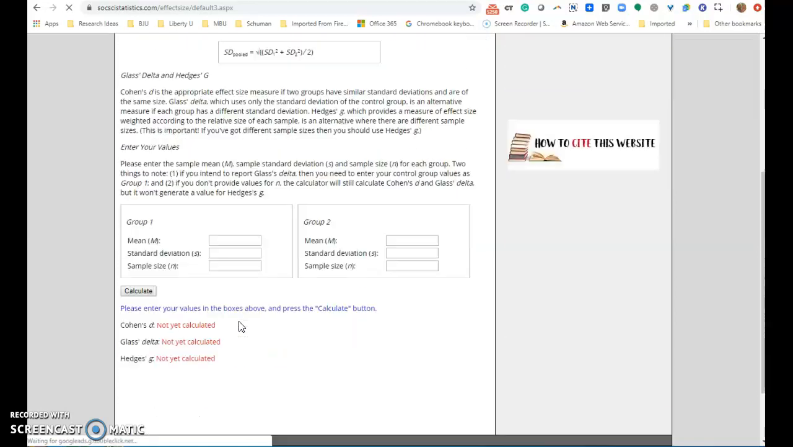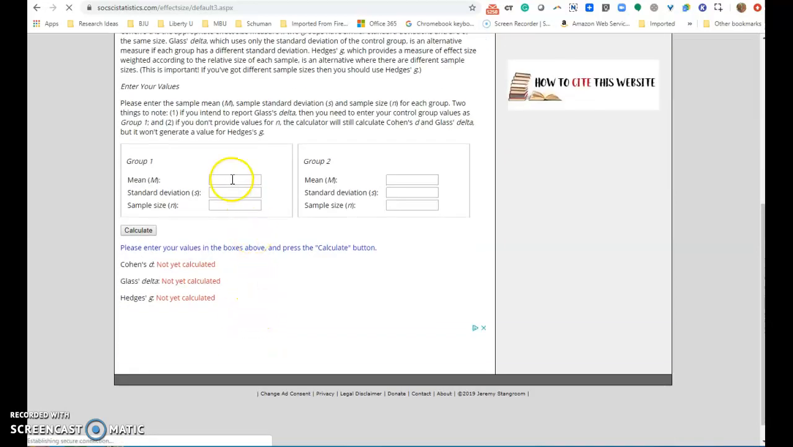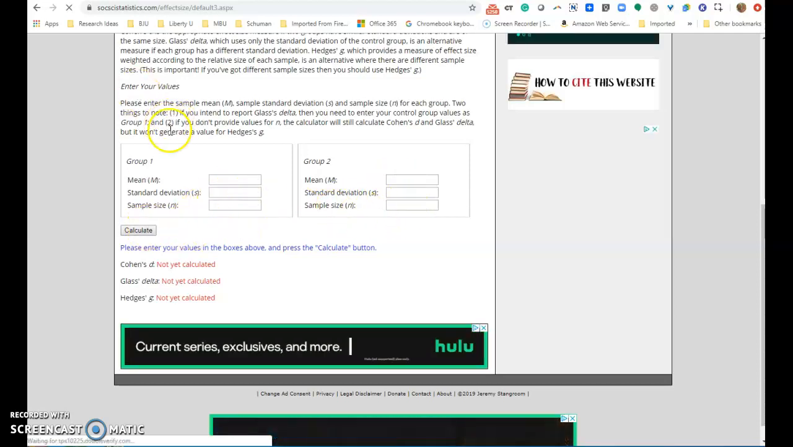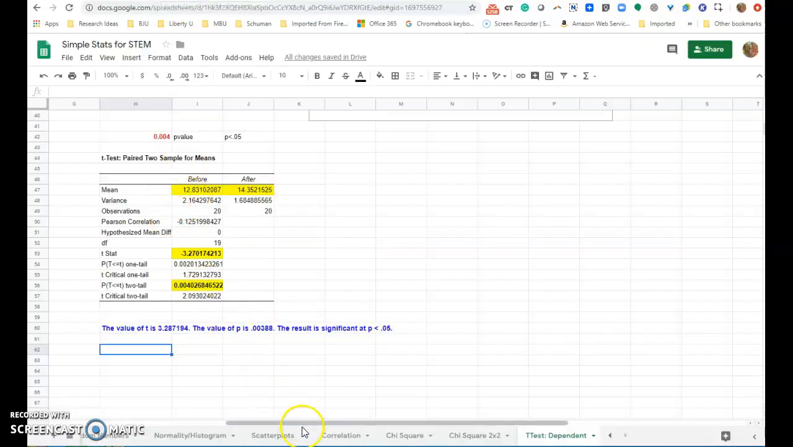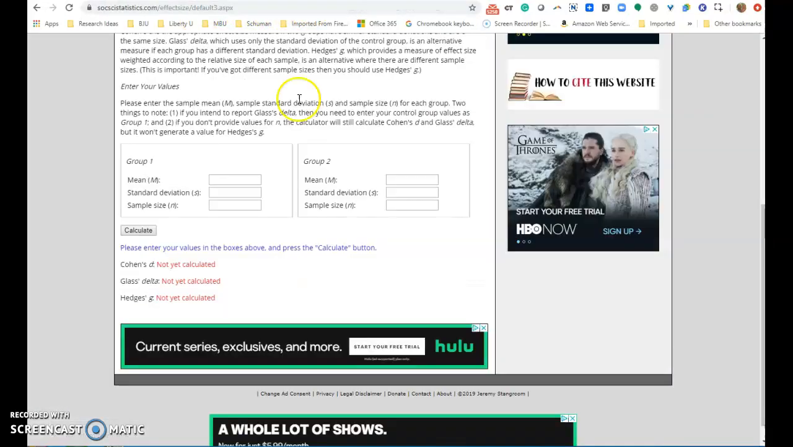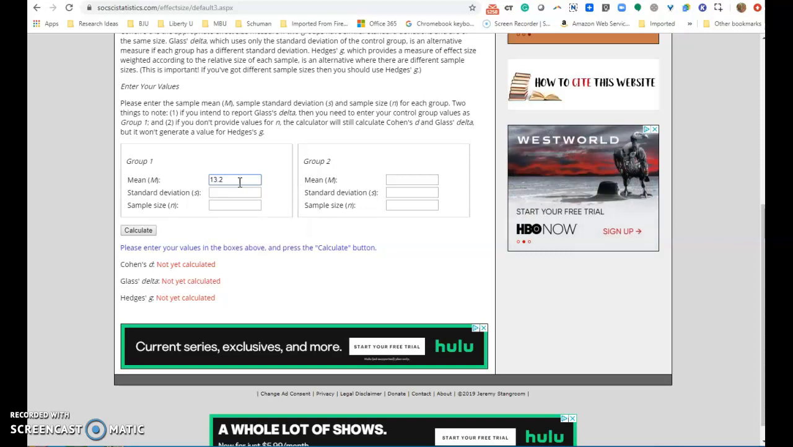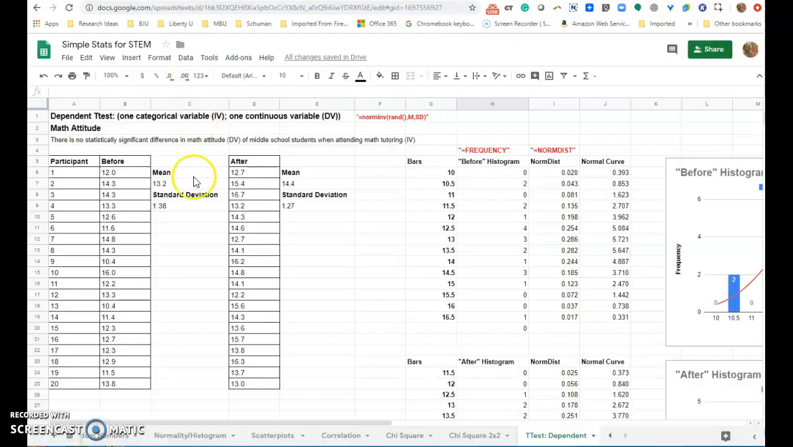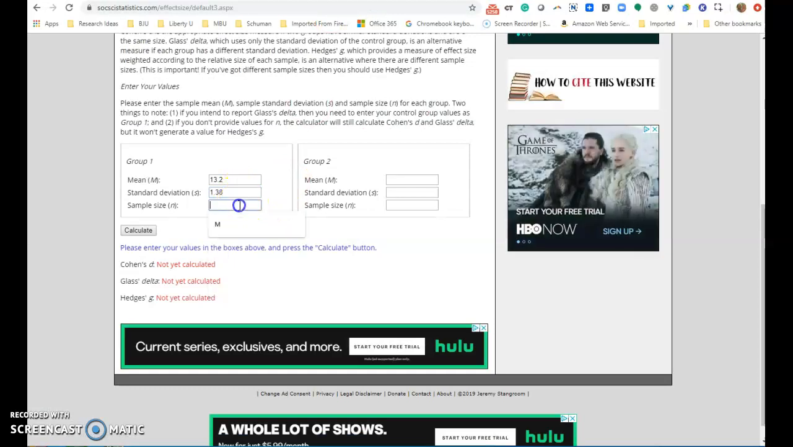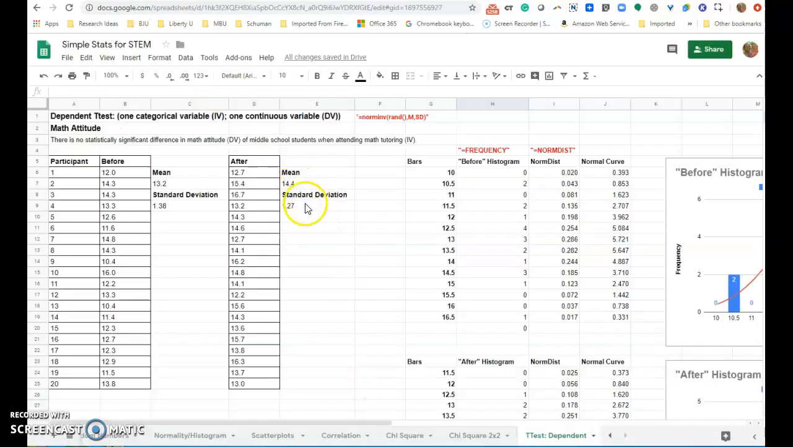And I'll scroll down here. In my group, if I fill in these values, I will get an effect size. So let's see if I can do this real quick. The mean for the first group was, let's go over here, right here, 13.2. The standard deviation was 1.38. The sample size was 20. For the second group, the mean was 14.4 and